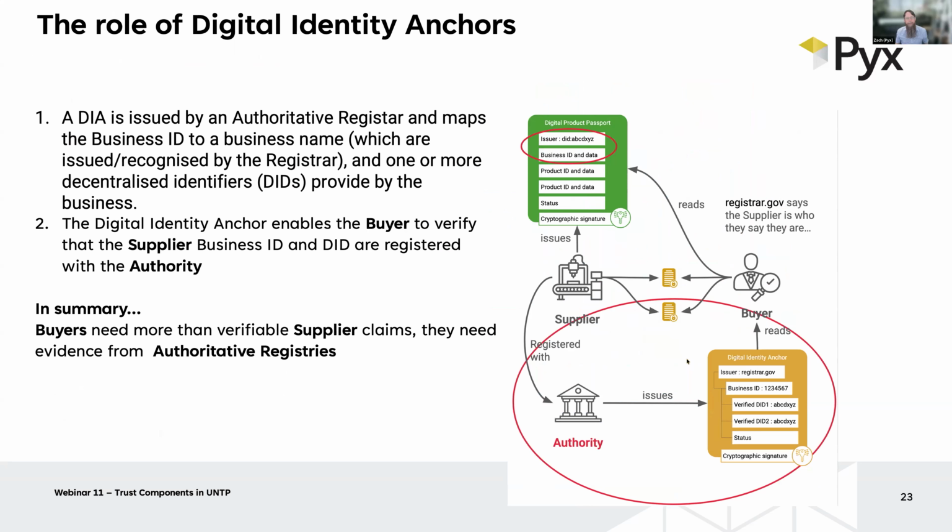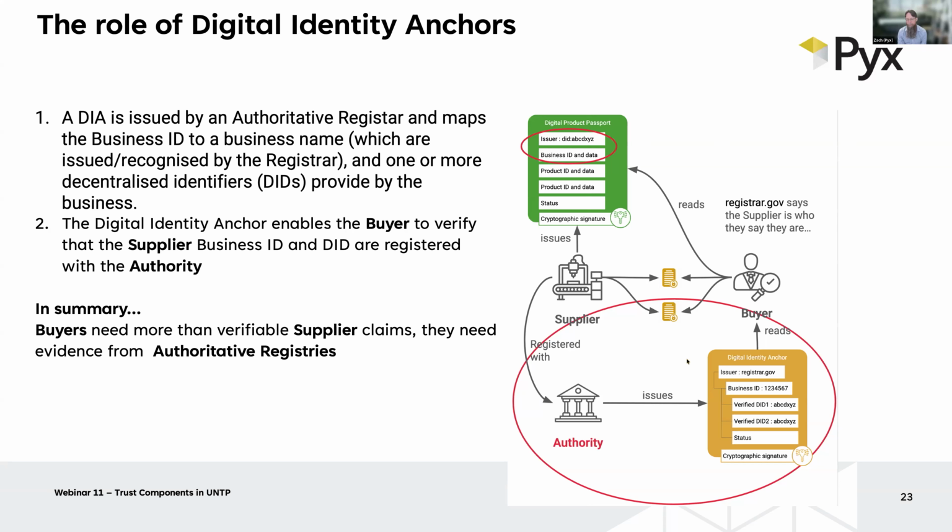And then the digital identity anchor allows a business to link their signing keys to their authoritative register. Basically, the authority issues a digital identity anchor that includes the signatures that I use to sign my passports. By having an authoritative register of the grid and the digital identity anchor credential linked together, it means that when I present